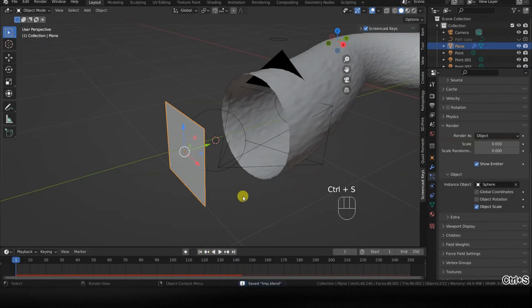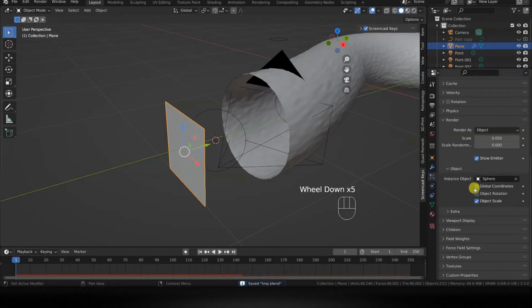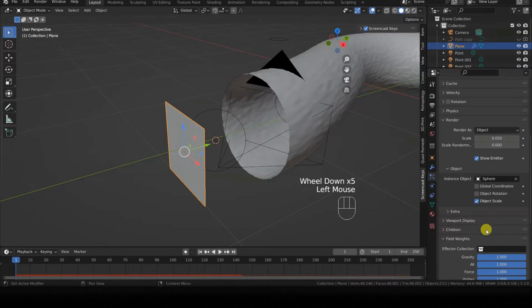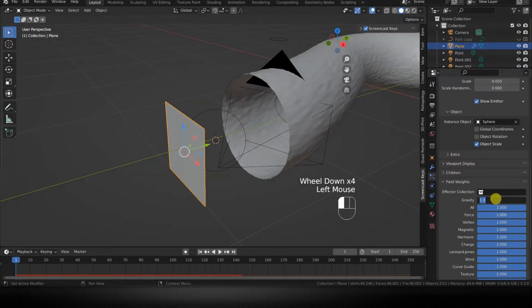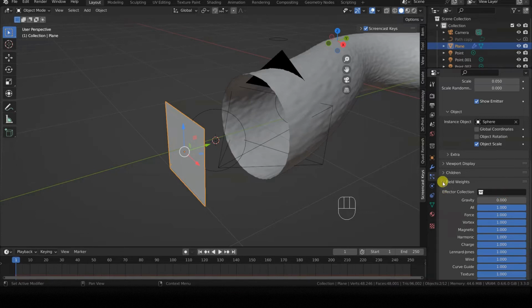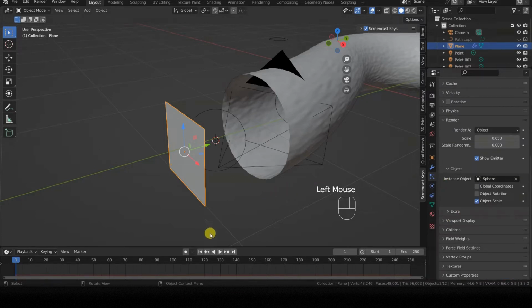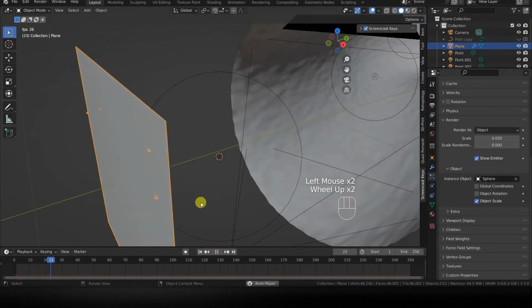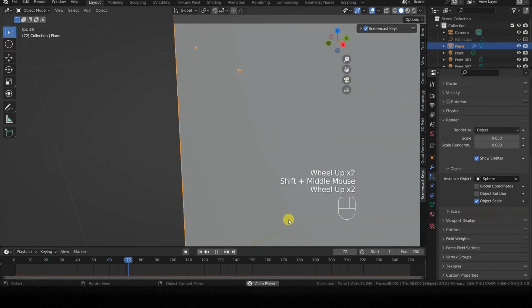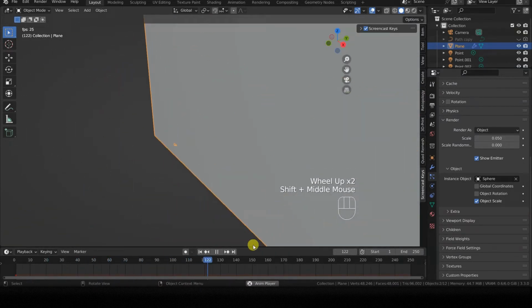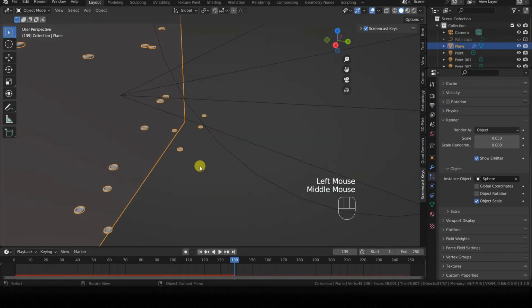We will solve all these problems one by one, starting with the simplest, removing gravity. Open the Field Weights tab of the Particle System and set the gravity value to 0.0. Now the particles will no longer fall into the void, as we can see by positioning ourselves at frame 1 of the timeline and starting the animation again.